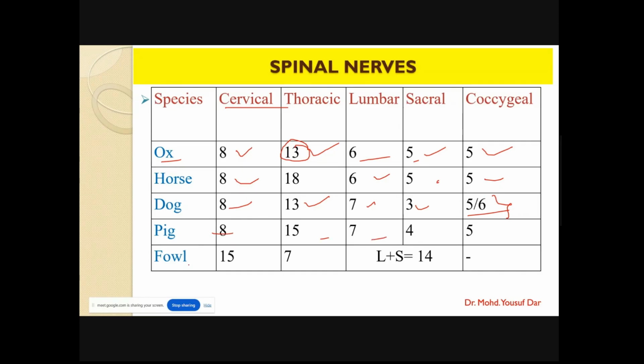एंड सेम हियर वी हैव द पिग, एंड इन केस ऑफ फाउल वी हैव द सर्वाइकल स्पाइनल नर्व 15 एंड उसमें जो थोरेसिक होते हैं वो 7 प्लस दे हैव ए लंबोसैक्रल जो मास होता है उसमें। सो हियर द लंबोसैक्रल स्पाइनल नर्व